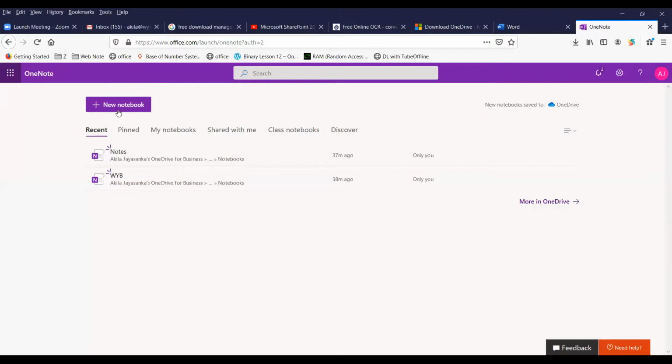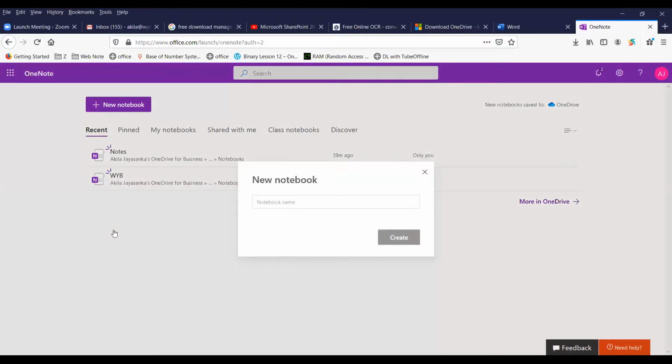I'll show you how. What you have to do is just create a notebook first, and these are a few notebooks that I have created for testing. So I'm going to click on one, or you can click new notebook and give it a name. Okay, so this is totally similar to a notebook, where we keep notes by sections, right? So here, these are the sections.